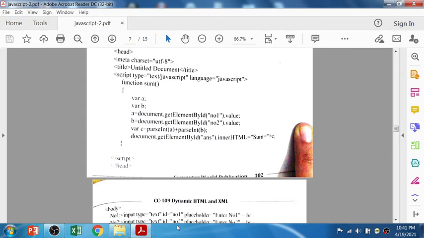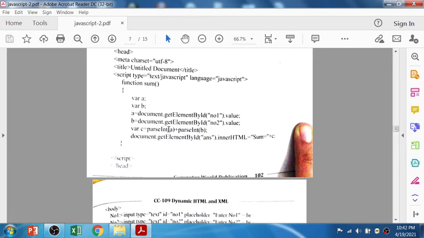So whatever value the user enters, because with dot value you are pointing to the value of that text box, right? So if the user enters abc in that text box, abc will be stored in the variable a, right? Here you can't declare the data type at the variable declaration, but while you use those variables you can convert them into a particular data type.